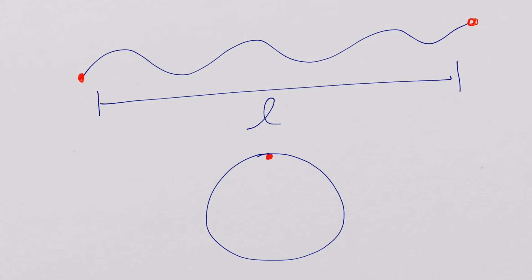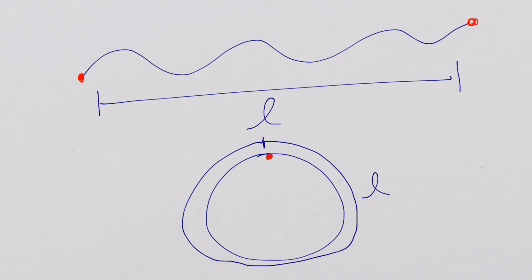When you look at this, imagine that the two endpoints are on top of each other now, okay? Because we've turned it into a circle. The length around that circle is going to still be just as long as L. Because even though we've changed the shape, the amount of string is still the same, okay? So this is the circumference. It's the distance around the circle. So going back to our story problem,